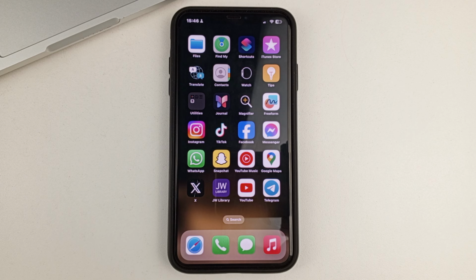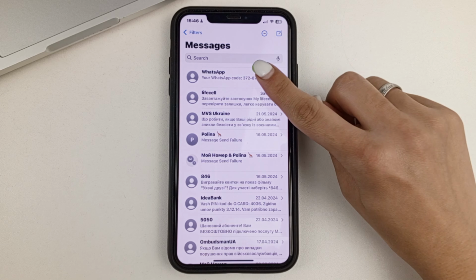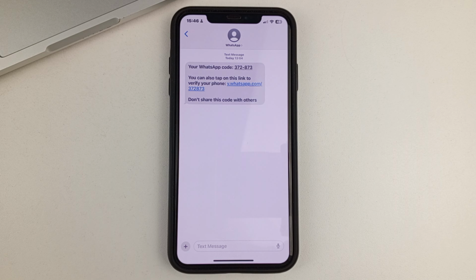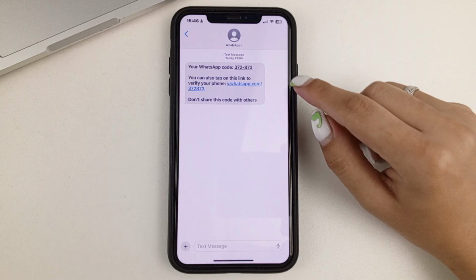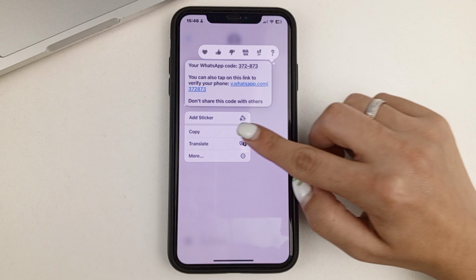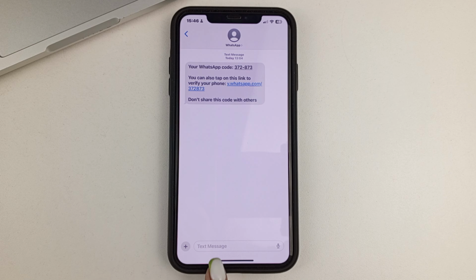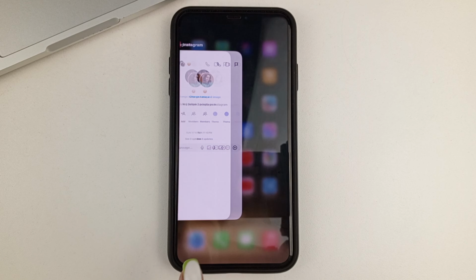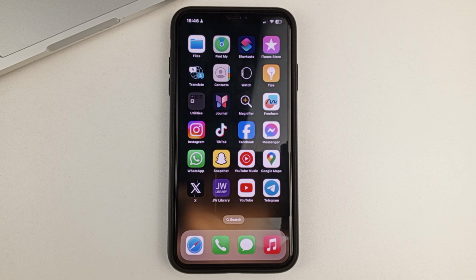So, in order to copy absolutely any text message to the clipboard, you need to select that message. I'm going to take it from the messaging app, for example. When you find the text message you want to copy, you need to tap and hold. So you'll get a window like this, where you need to select Copy. And now you can easily send it, for example, to Instagram, Facebook, Snapchat, to your notes, paste it into your mail, and so on. It makes absolutely no difference.